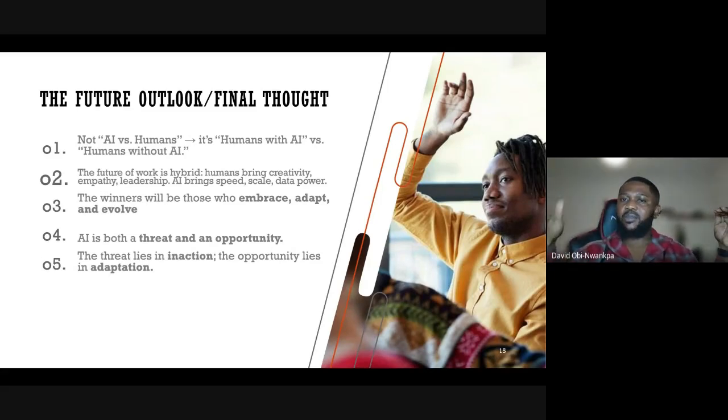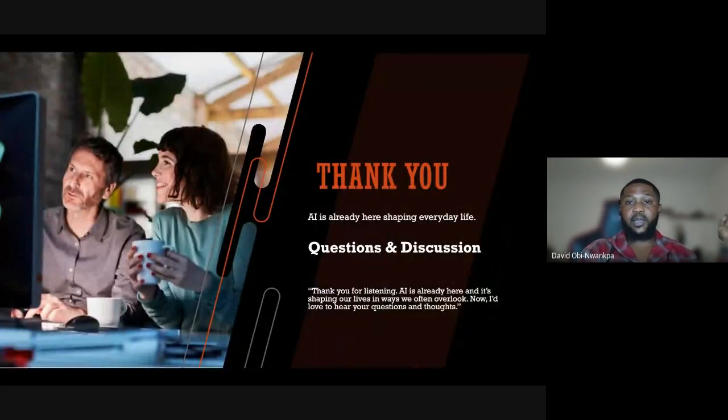It kills downtime, increases productivity, and so on. The fifth one is that the threat lies in inaction, and the opportunity lies in adaptation.